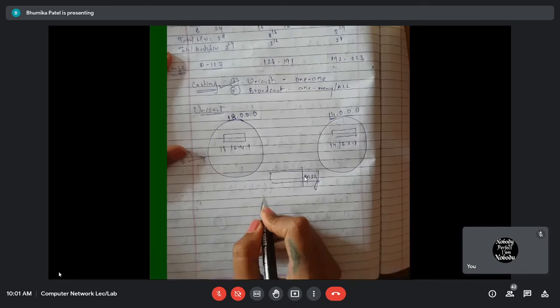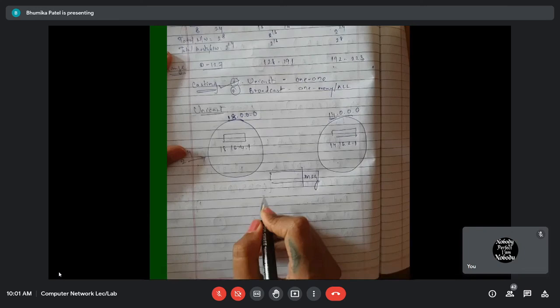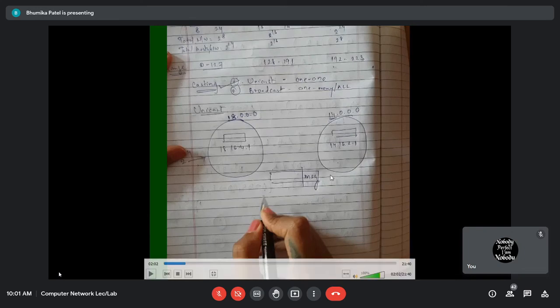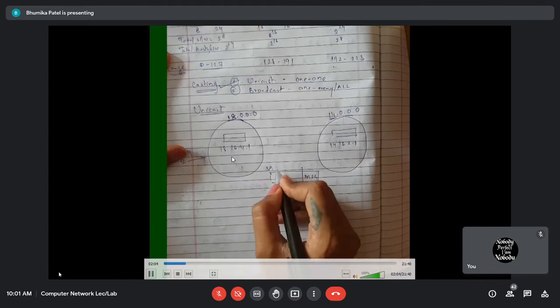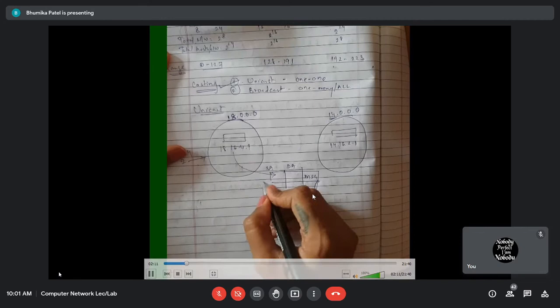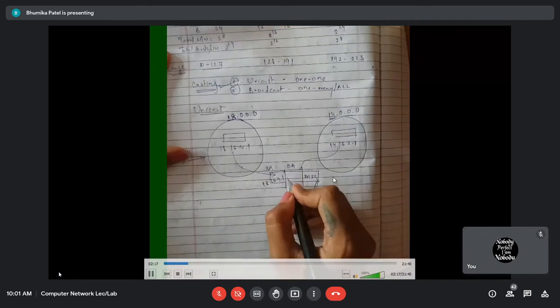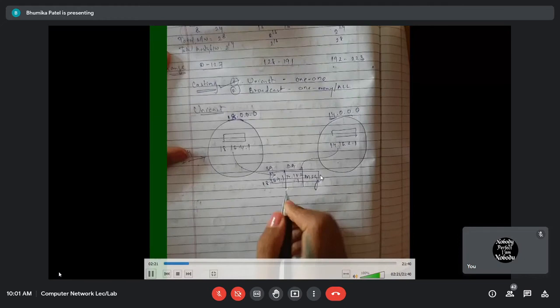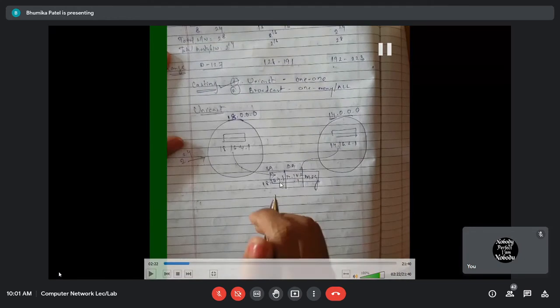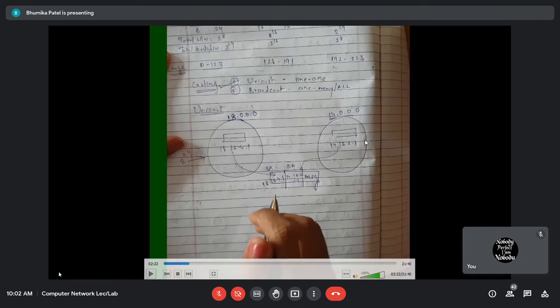So in the network layer, as I said, your message will be called a packet. In the packet, we have the original message coming from the transport layer, and we add one more thing, the source IP address and the destination IP address. The source IP address will be 18.16.4.1 and the destination IP address will be 14.16.2.1. Then I give this message to the router, which will perform some activity and give this message to the receiver.